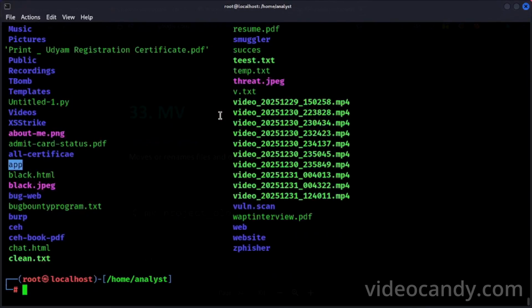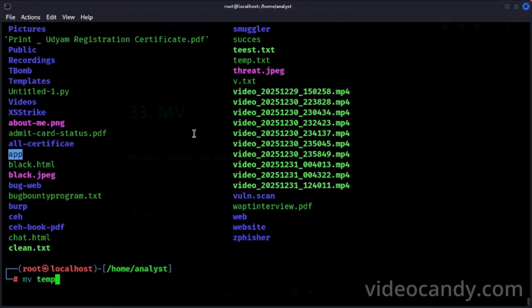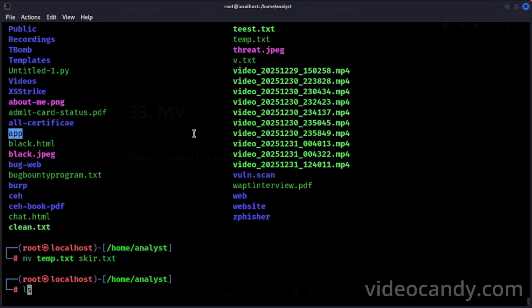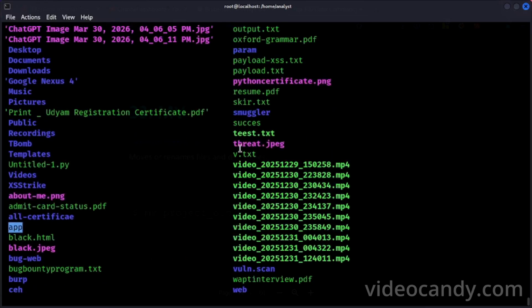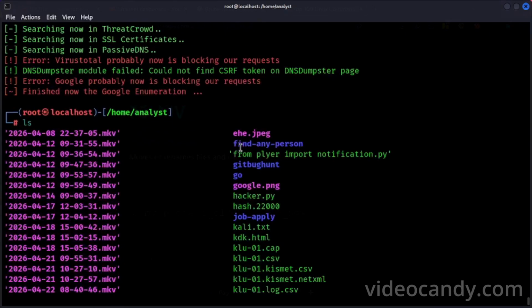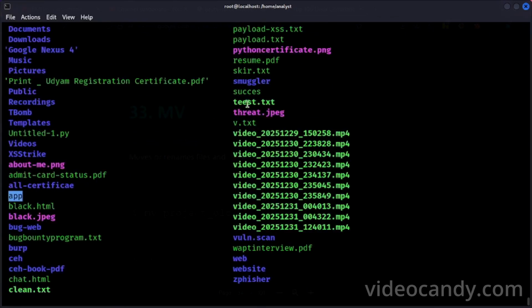This is not important, so I first want to rename temp.txt to a new name, skir.txt, and you can see skir.txt, and we don't have the old one now.